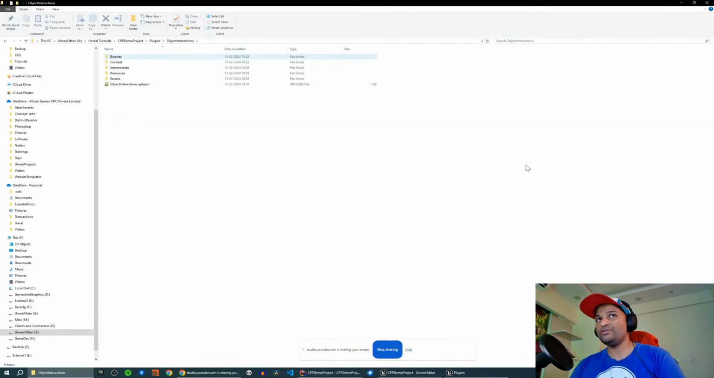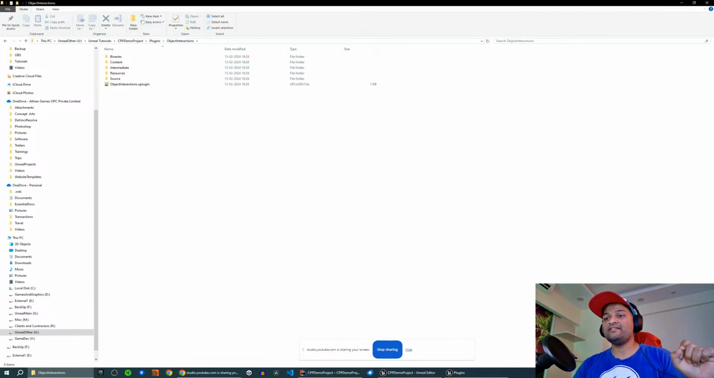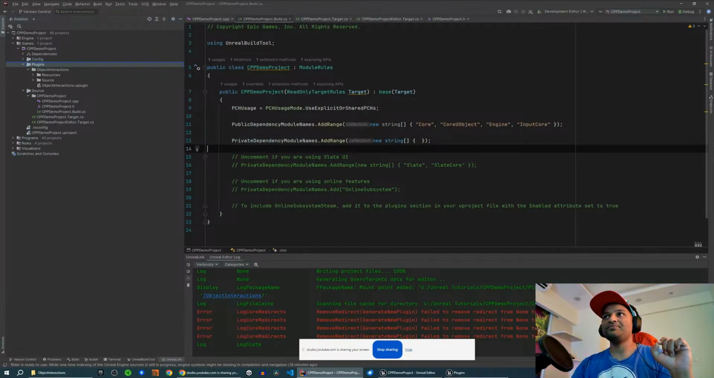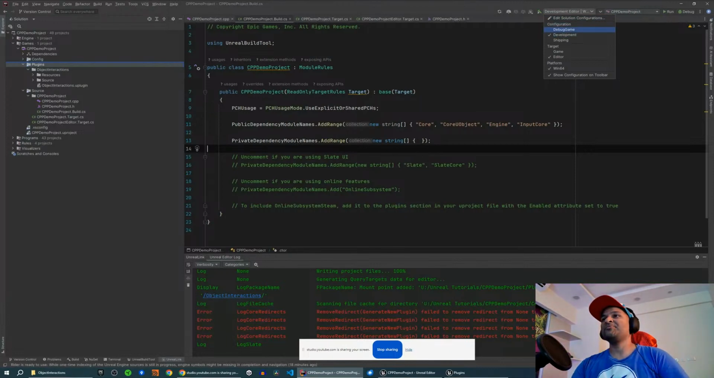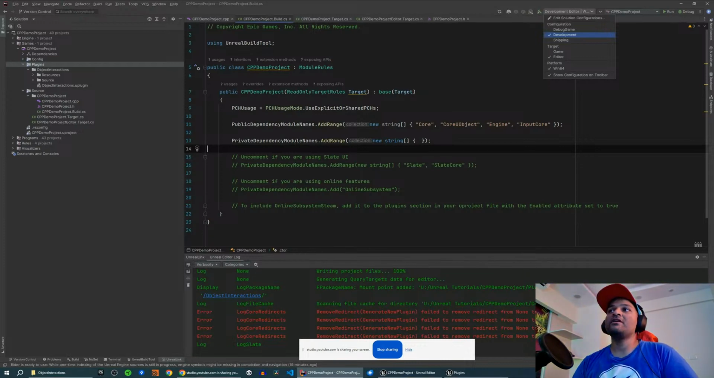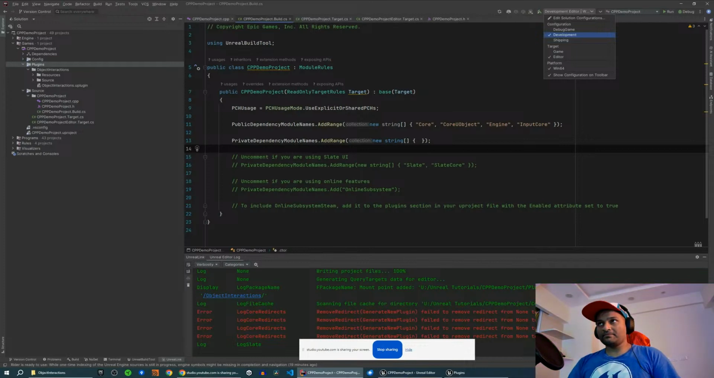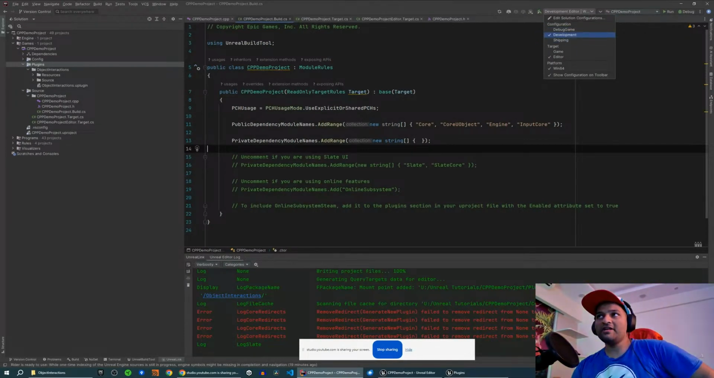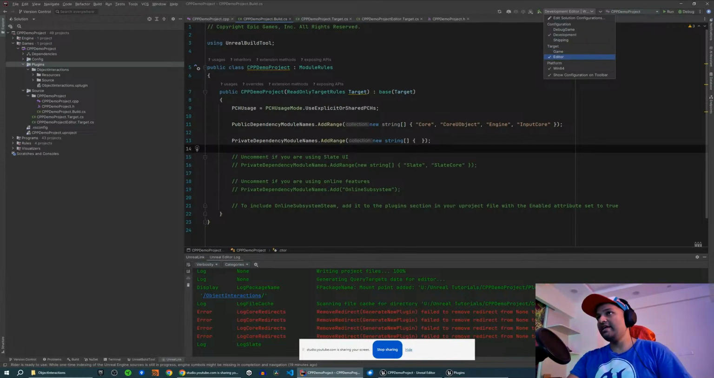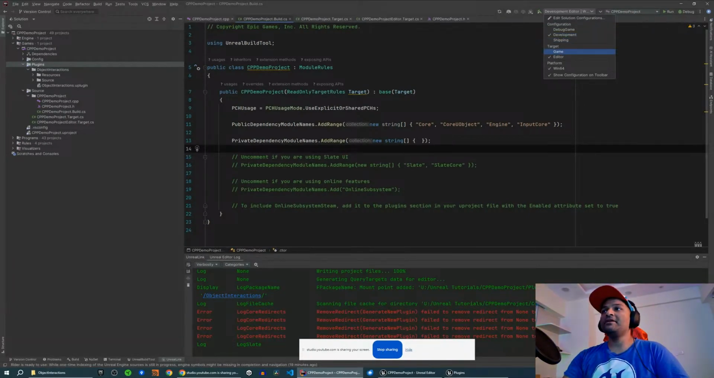First, you need to ensure that this binaries folder is not deleted. And secondly, in your editor, here you see a lot of configuration. Secondly, you need to ensure that your configuration is development. I will be explaining what the solution configurations are. Here you see configuration, and here you see target. Target is given as editor, and the configuration is given as development. So shipping, I mean,